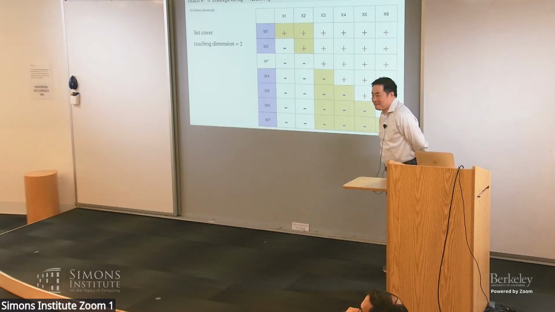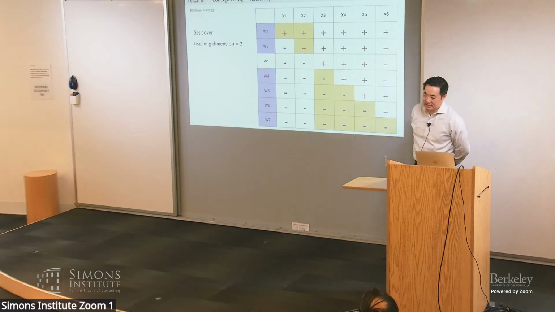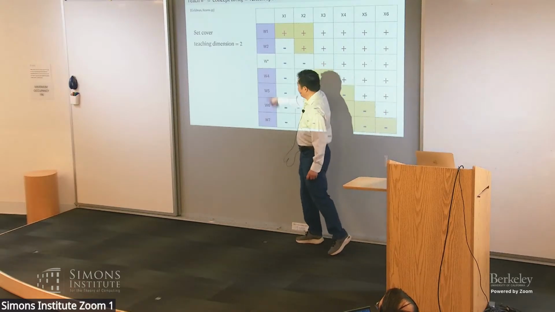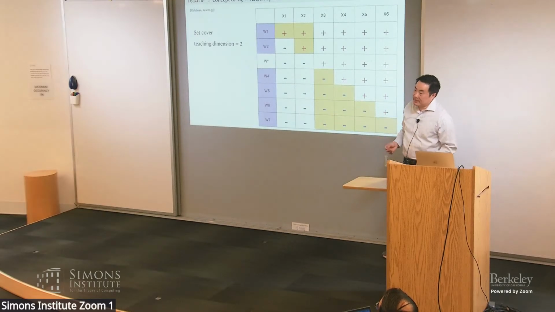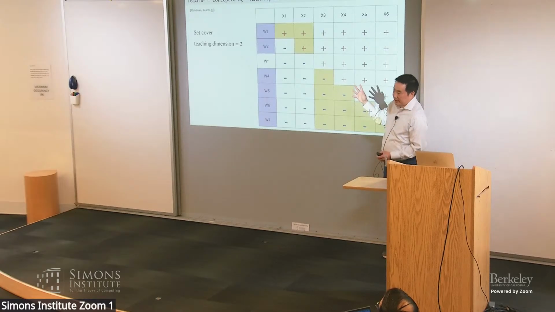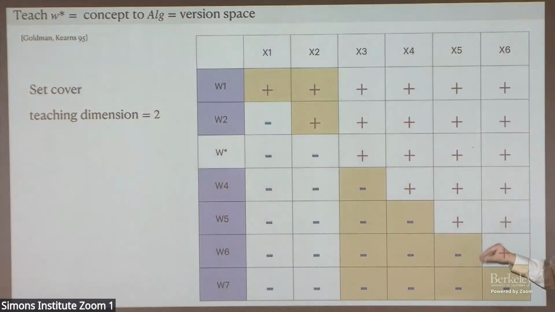Just a clarification question. Version space, how should we think about it? Is it finite versus not? All right, so sorry. Version space itself is, okay, let's start from the hypothesis class. So we have the hypothesis space of a learner, and that's going to be every row here, all the rows. That's the starting hypothesis space. Version space is going to be the subset of those that is consistent with all the training data so far, okay? And the version space learner is a learning algorithm that simply eliminates any hypothesis from the original hypothesis space that's inconsistent with any training data. So it's very simple.